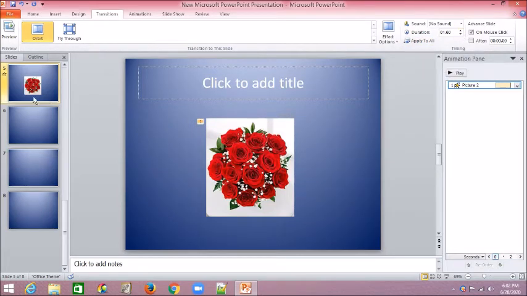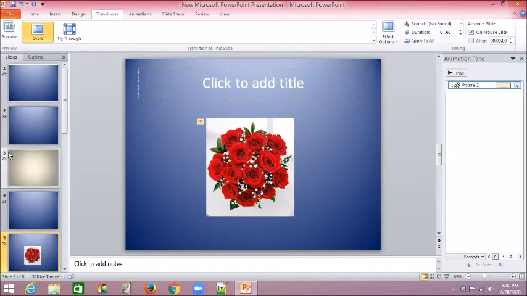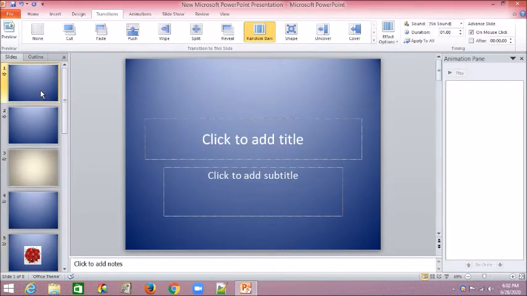So finally we give all the transitions, set all the design and background, and give all the animation effects, and we complete our presentation. Then we have to go to slideshow. Slideshow is just in the right down corner. You have a button here, slideshow.